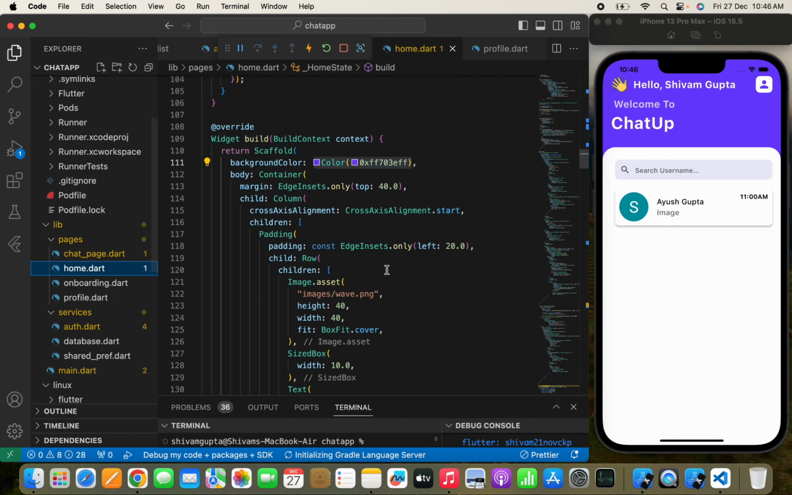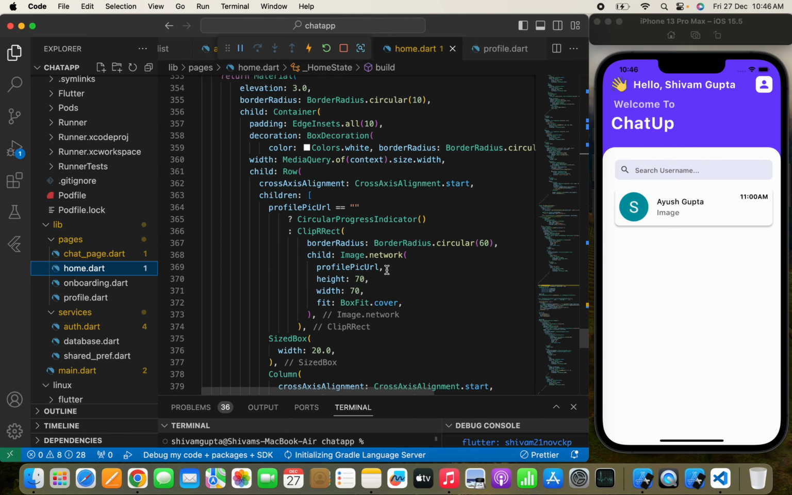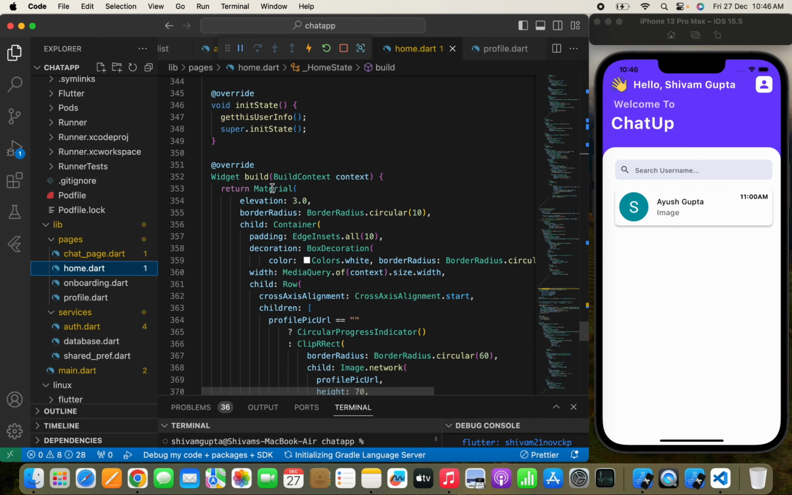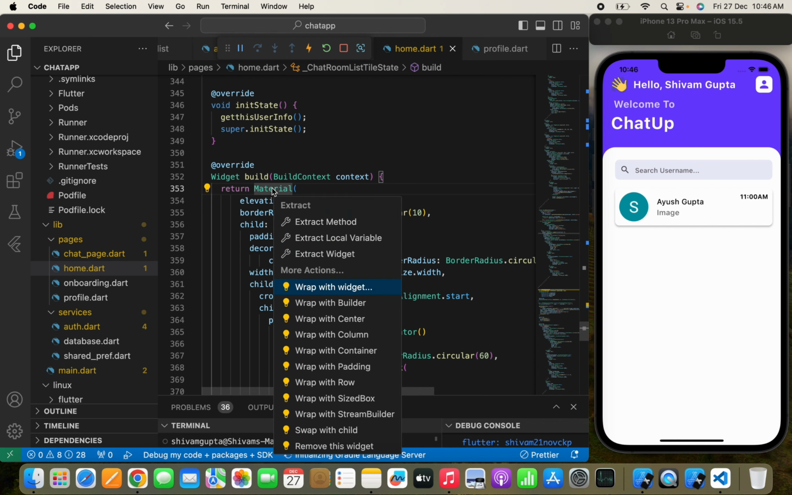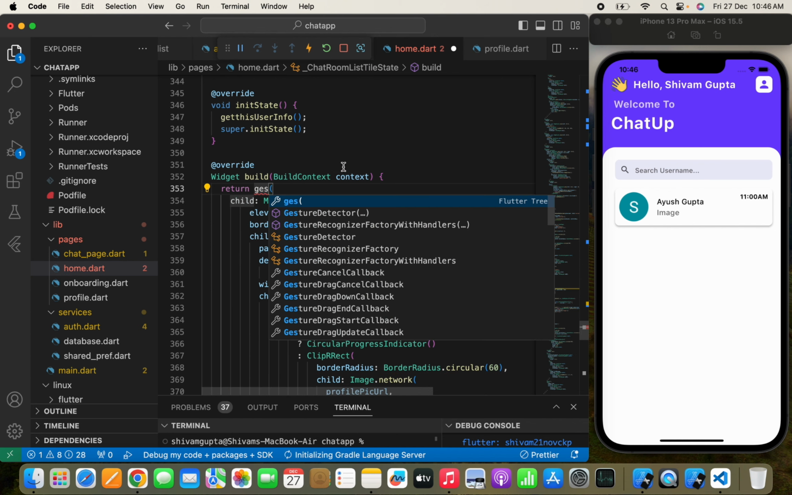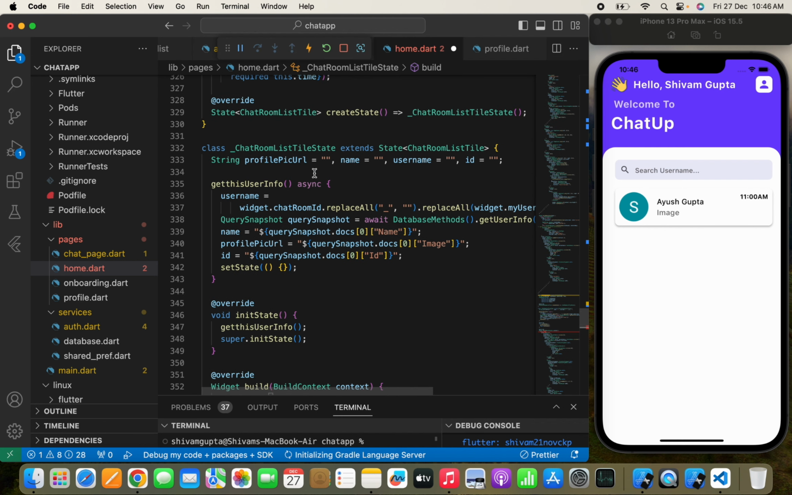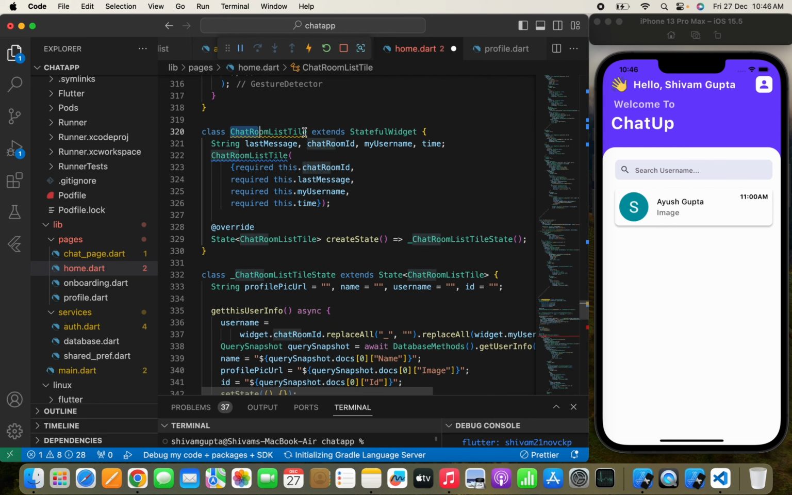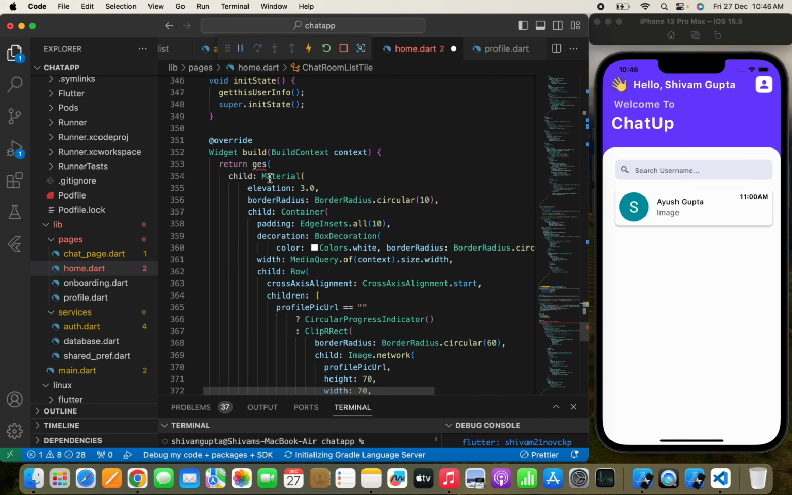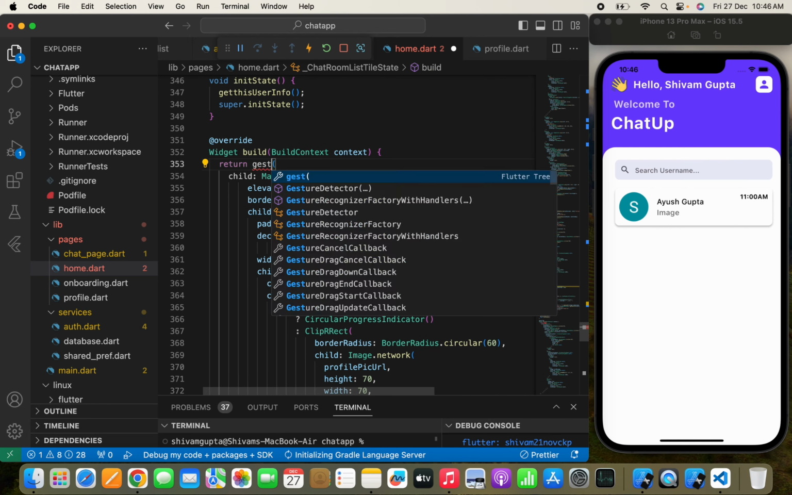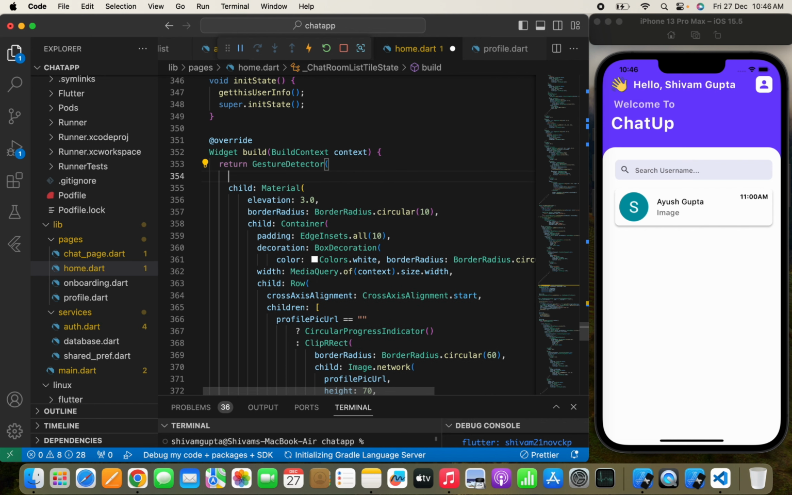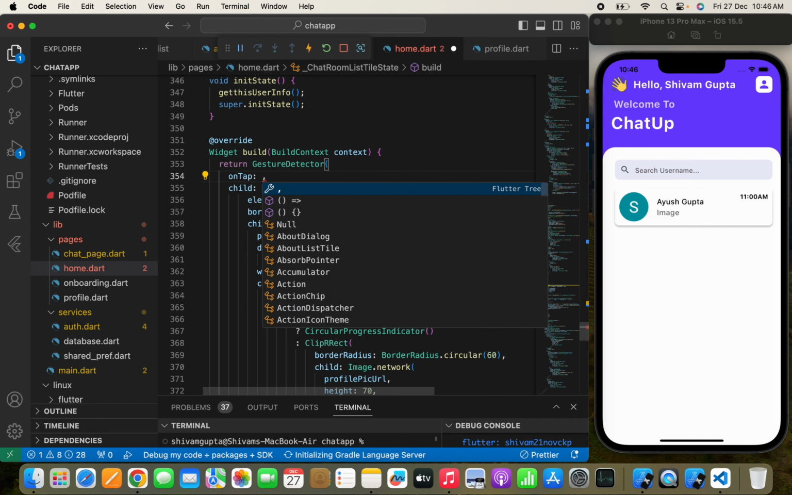Let's move to the home.dart page, and here first I need to move to the material widget, and we need to simply wrap it with a gesture detector. And one more thing, the error that we are getting over here is because we have added a scaffold. Make sure that you are passing a chat room list style in the widget, so that's why I removed the scaffold from here, and here I'll just write a gesture detector, and in the onTap method we will directly push the user to the